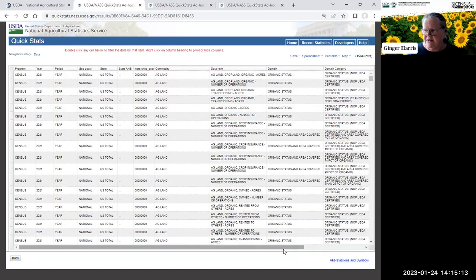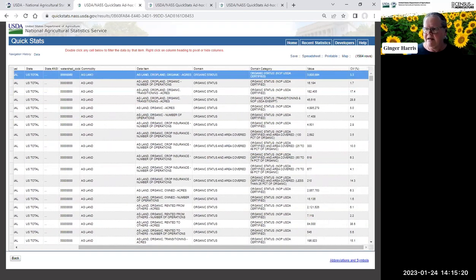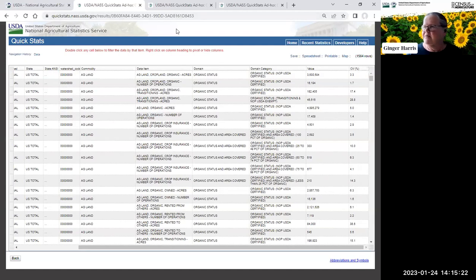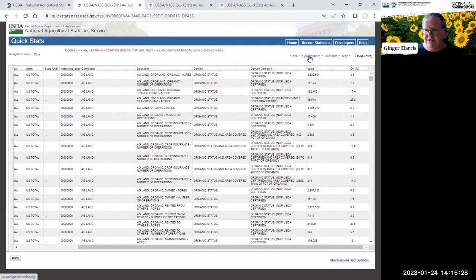So as you can see, you have a lot of columns. You'll have a lot of data items. Here's the value. If you're working with a large data set like this, it's about 1,500 rows. One of the easiest things you can do is save it in a spreadsheet. So that's usually what I'll do if I just want to explore a data set. I'll pull back a somewhat large data set in QuickStats. I'll save it to a spreadsheet,